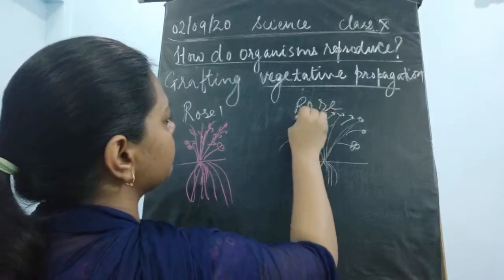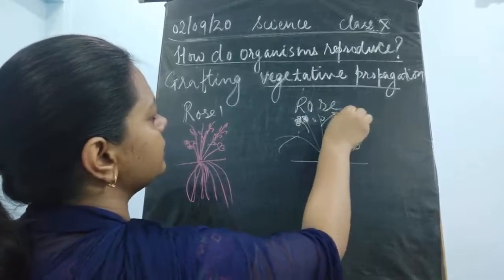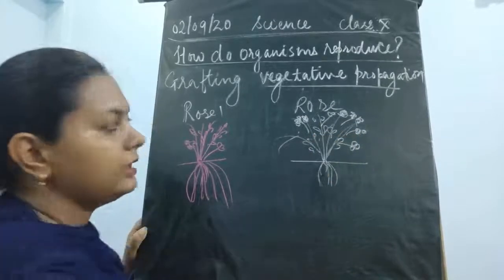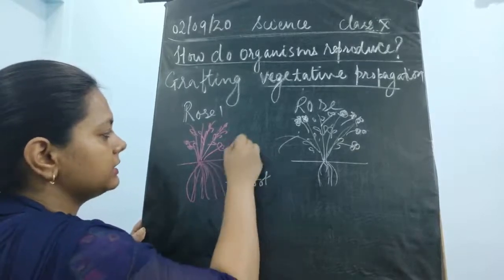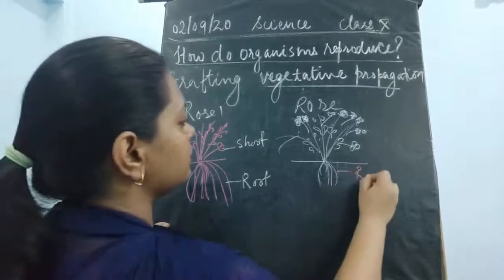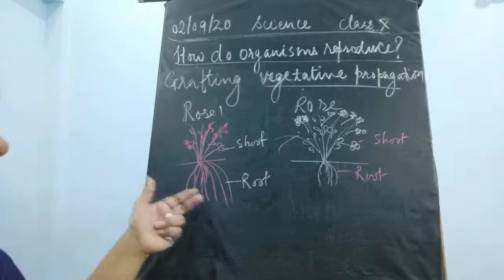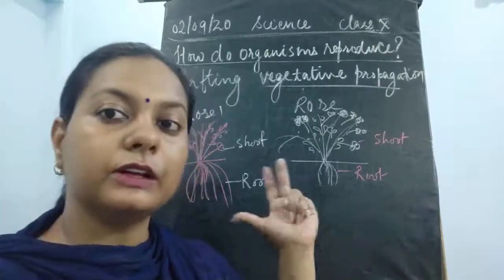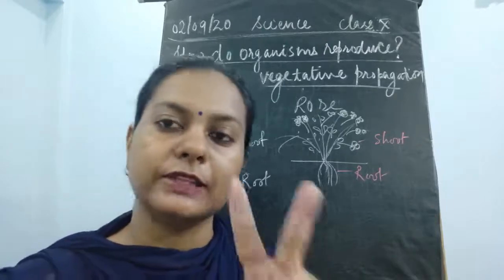Okay, now what would you do? You can see certain difference in it. Okay, and these are the leaves. Fine. Now what difference could you see? You will see this is the root and this is the shoot part. Similarly, this is root and this is shoot part. Now, you can see that here I have drawn larger roots and here I have drawn very small roots. So, the desired thing in this technique is that we will take two plants of the same variety.